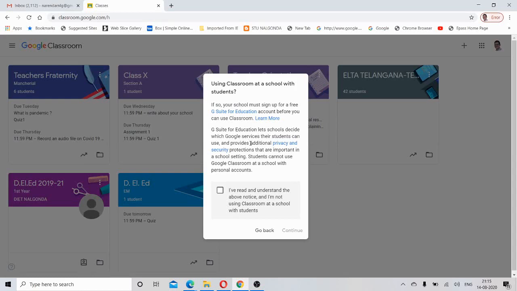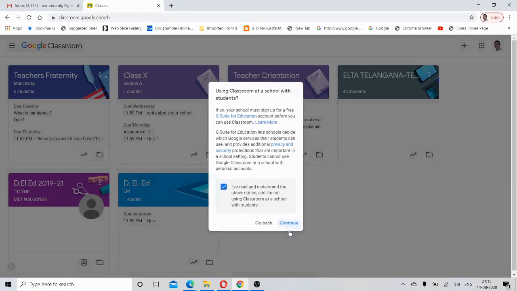But for G Suite Education, Google is suggesting not to use personal accounts for this Google Classroom, so it is suggesting us to go for the G Suite Education for classrooms or for schools. Now let us click here to use the personal account, and let us click on continue.